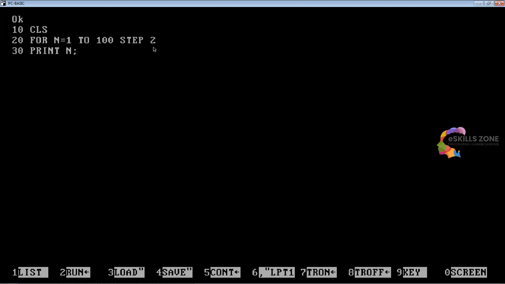Line number 40 we'll type next, and line number 50 we'll type end. Now we'll save it by pressing the F4 key and type odd.bs. Now we'll press F3 again, type for odd.bs,